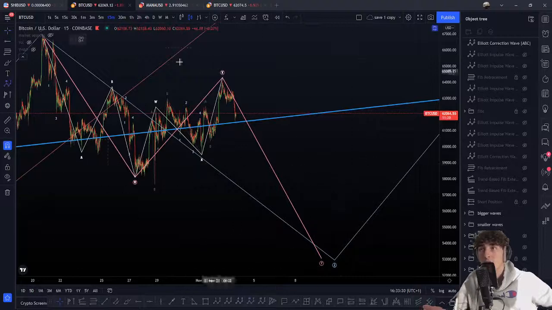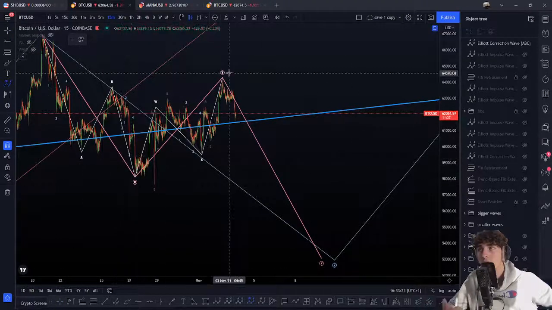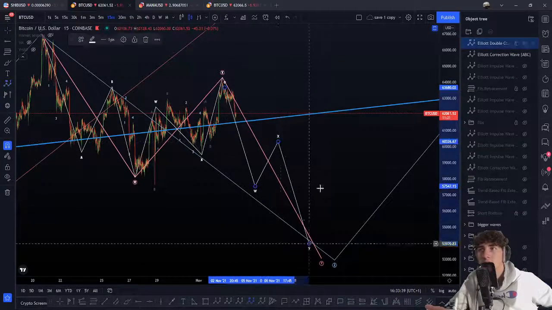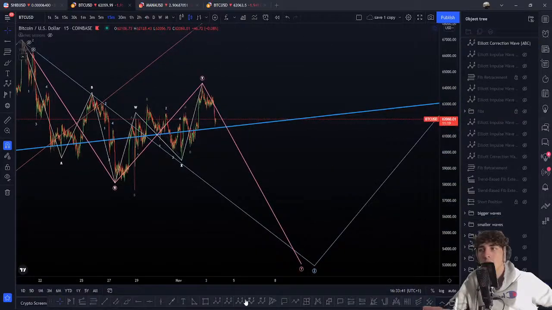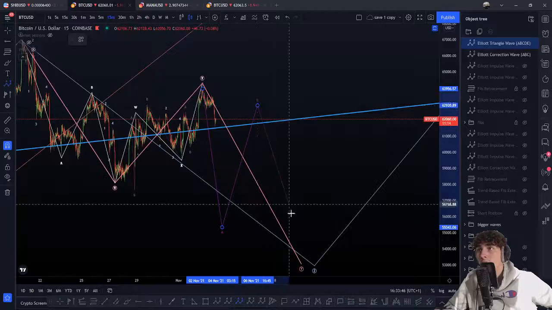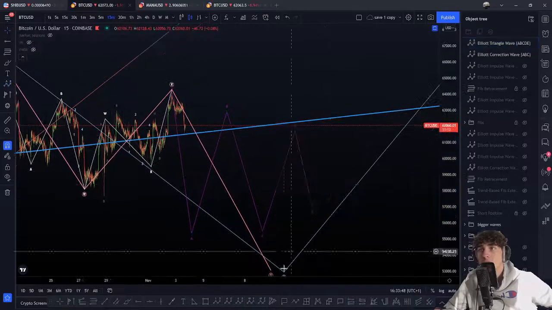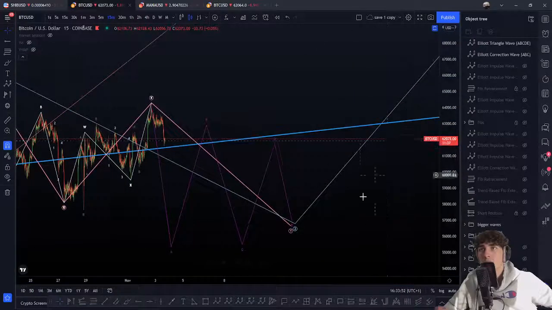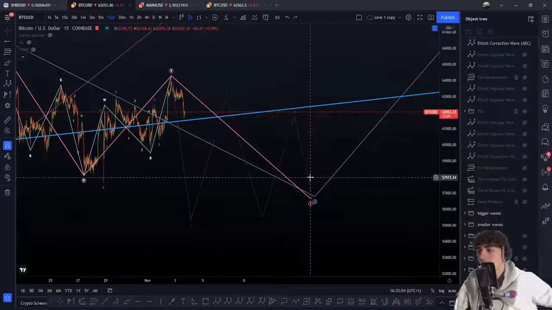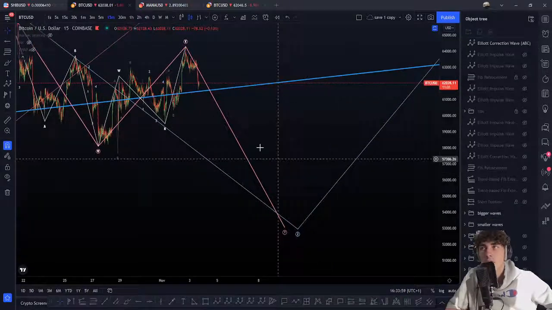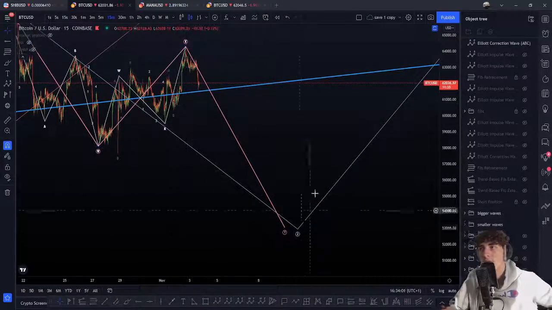Okay, in a WXY, you cannot get a triangle in the W wave or in the X wave, but you can get one in a Y leg. You also cannot finish a Y leg with a WXY, for example, like that. This is not possible, to get a WXY inside a Y leg. So here, for example, it's possible that we do an A wave, a B, a C, a D, an E wave, and after this, boom, wave 2, wave 2 down, Y leg down, and we are absolutely going to rocket. Okay, so we have a lot of possibilities, but if we play with statistics, as I told you, we have more chance to get an A, B, C zigzag here.